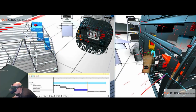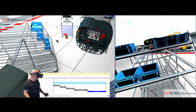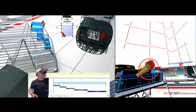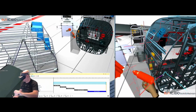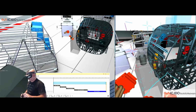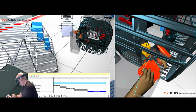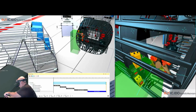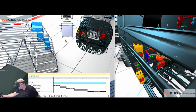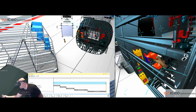Within ICI Do, we have the capability to define an assembly process by performing a teardown, just manually disassembling it within ICI Do, recording that process and capturing the reverse of that teardown as the assembly process or order of operations. Now, if there's already a process proposed that has been captured and defined within your CAD or PLM system, it is possible to take that from, say, an MPM